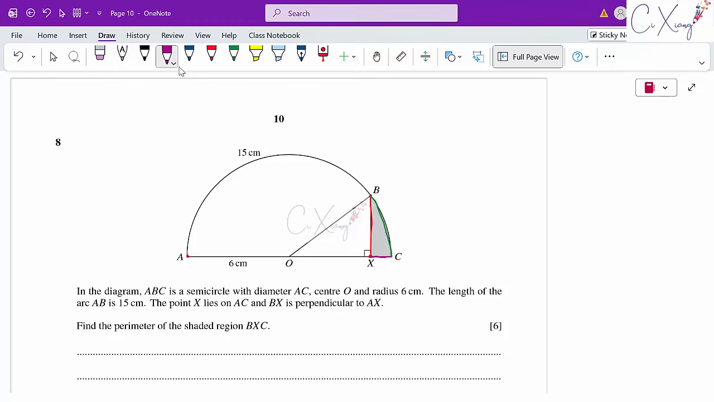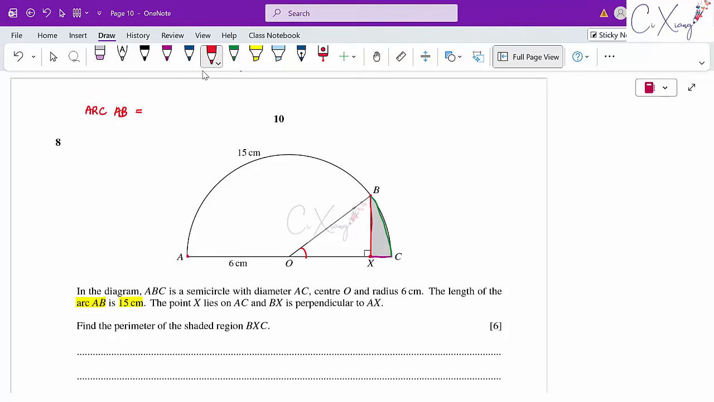So first of all, we actually need to know what is the angle here, this angle. If we know this particular angle BOC, then basically we can use it to find out the length of the arc and also the length of BX, okay? And how can I get the angle here? So I want to use the information given first. The length of the arc AB is 15. Right, so we start from this part. We are having the arc AB